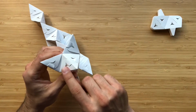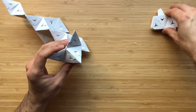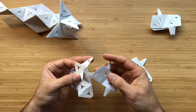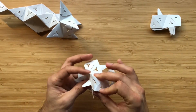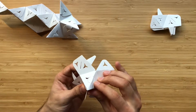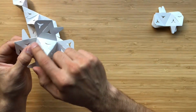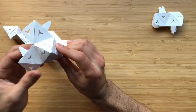To begin with, the fox head looks like it's made of a four-sided pyramid. So I'm gonna take 4 pieces and go ahead and construct the head. So I'm going to be using a combination of side-by-side assembly like this. We're also going to be reversing the pieces. As you can see, this little four-sided pyramid actually comes together to create the face of the fox, and we have the ears back here,